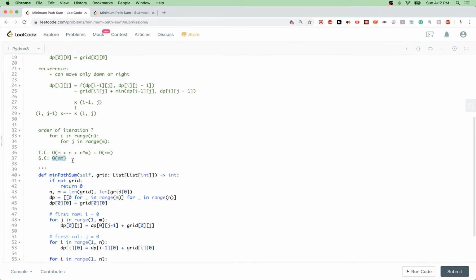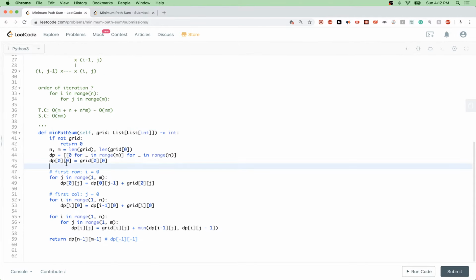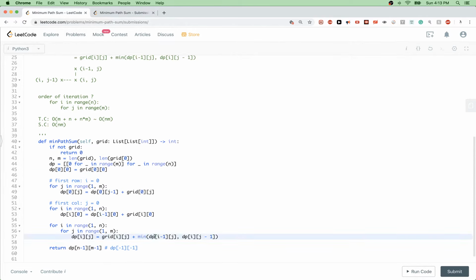But for the space complexity, we probably can, because if you look at what we are using every time here for the substate, we don't go to I minus 2 or I minus 3 or I minus 4. We only use I minus 1 and j minus 1 in all the states, as you can see here. Every ij or 0j or I0 depends only on I minus 1 and sometimes j minus 1. And other times, sometimes it depends on I minus 1, and sometimes it depends on j minus 1, and sometimes it depends on both. So that tells us right away that we can